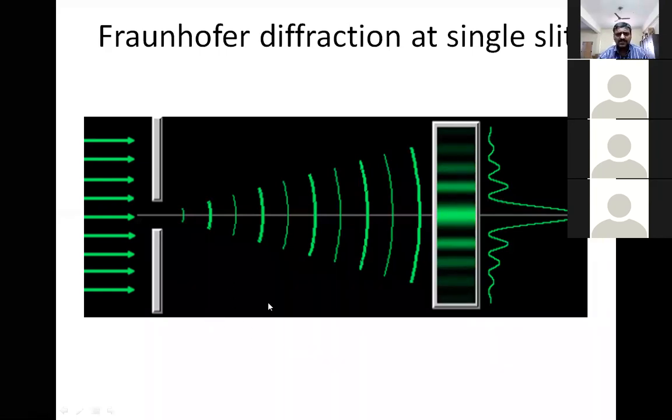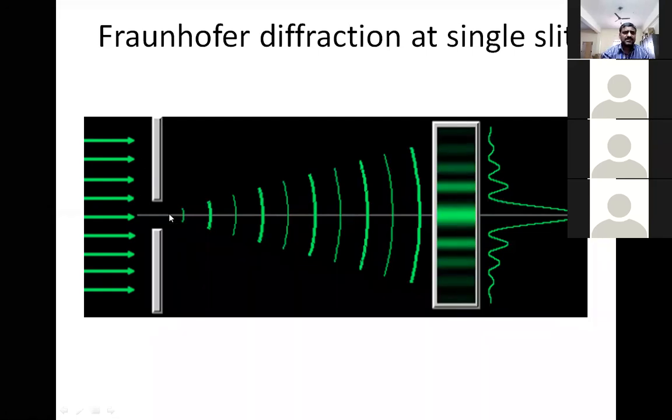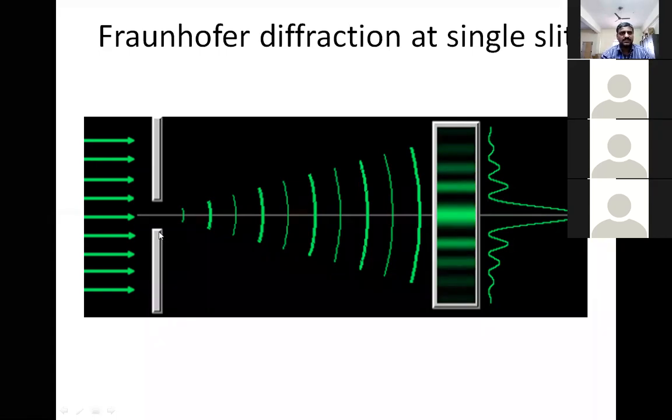Okay. So here in Fraunhofer diffraction, what we have is a single slit. Left hand side, I hope you can see, we have a slit. You can see an open portion. The upper one as well as the lower one are opaque. They are non-transmitting portions, covered with some paint or something. Imagine that this is the narrow gap, and I also suppose that it is a rectangular slit. Rectangular slit means only this portion is allowed. Nowhere in the upward or downward direction is light allowed.